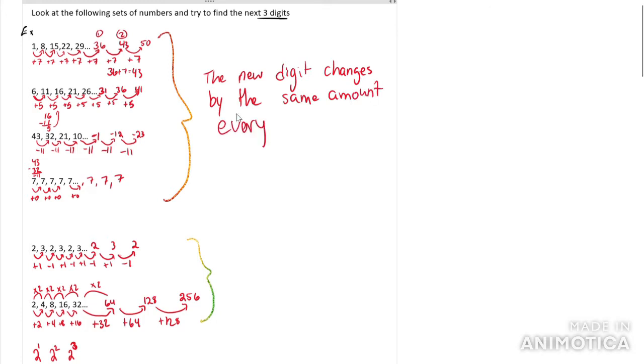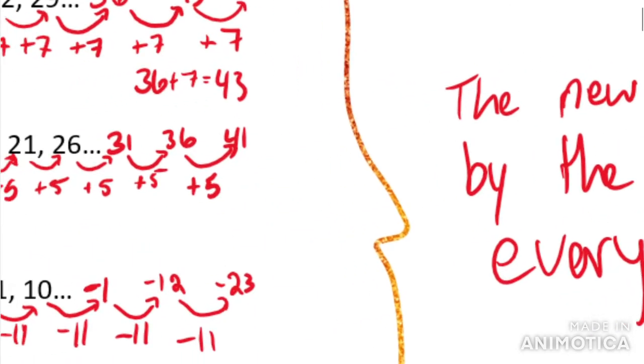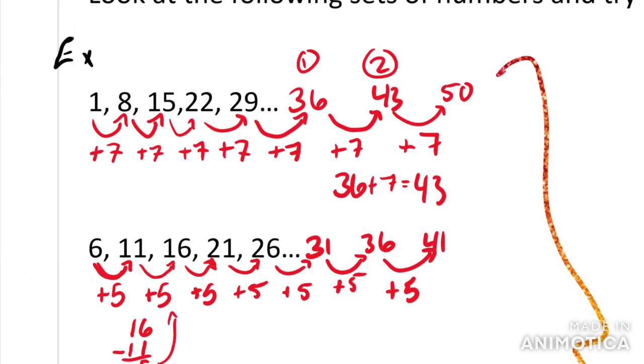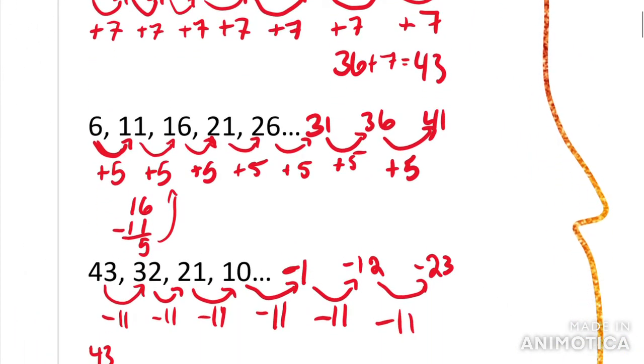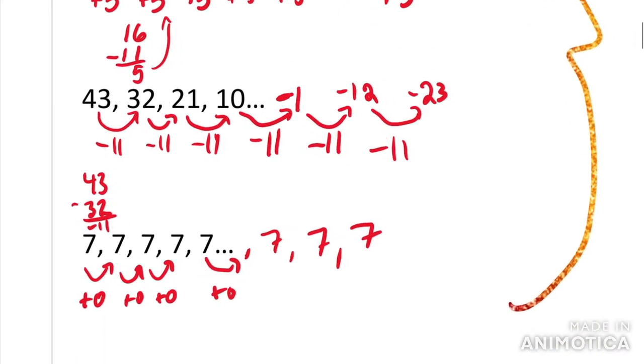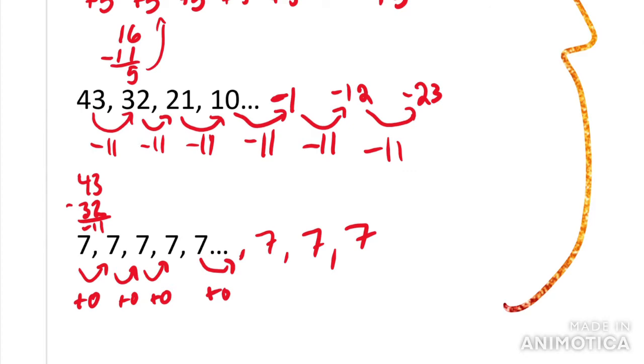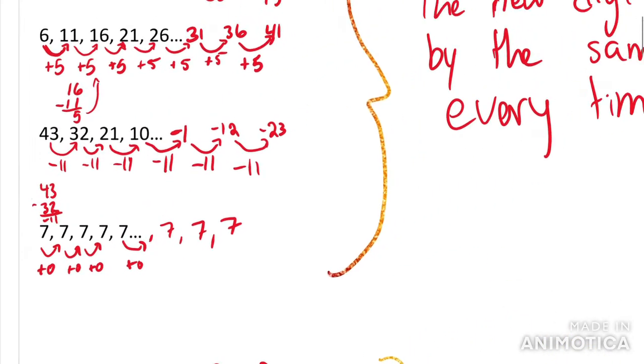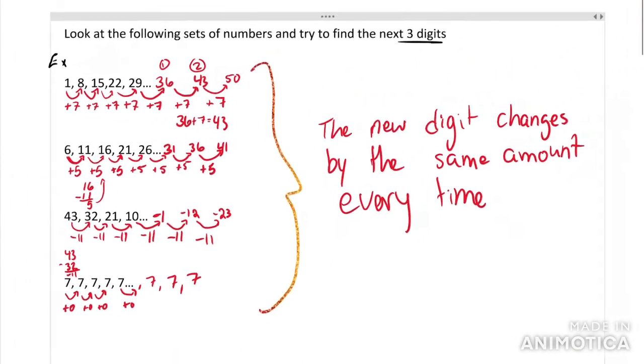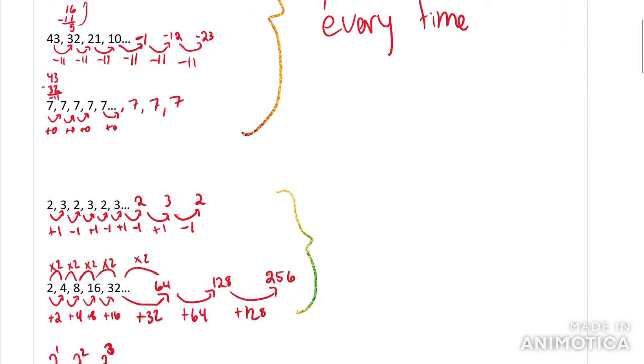Every time. So it doesn't matter if I'm the 4th number in the pattern or the 10th or the millionth, I'm doing the same thing. In the first example here, I'm always adding 7. In the second example, I'm always adding 5 to the previous answer. I'm always adding 11 in the third, or subtracting 11, sorry, and then the last one I'm leaving alone and adding 0. Whereas with these ones,